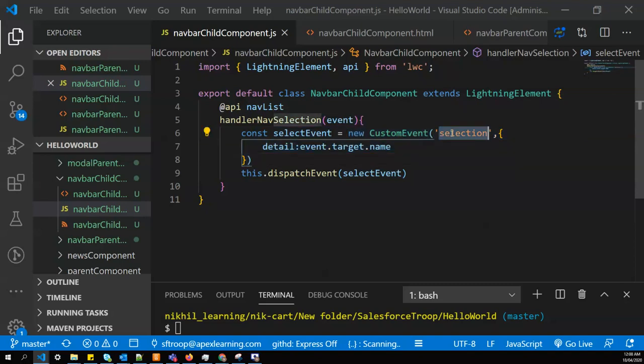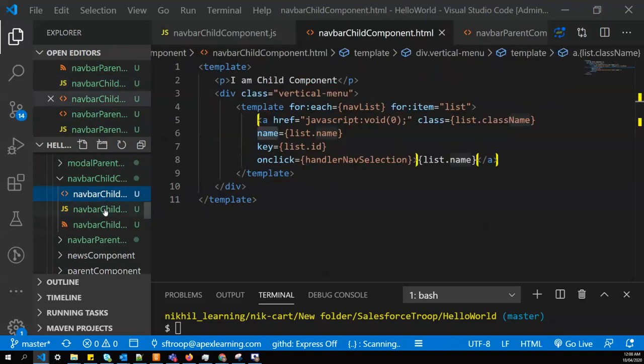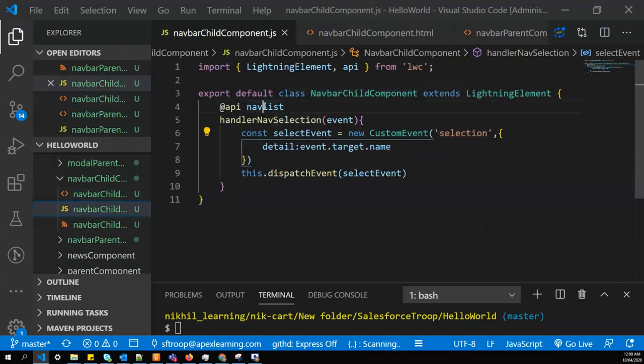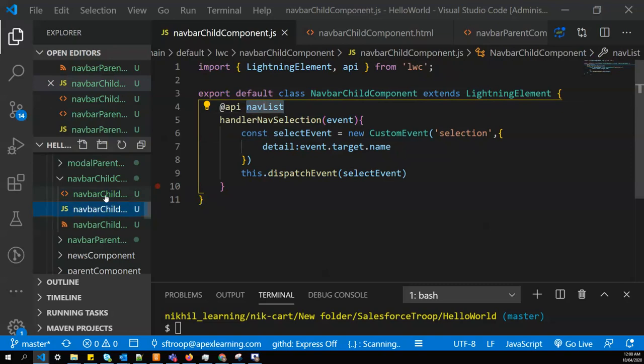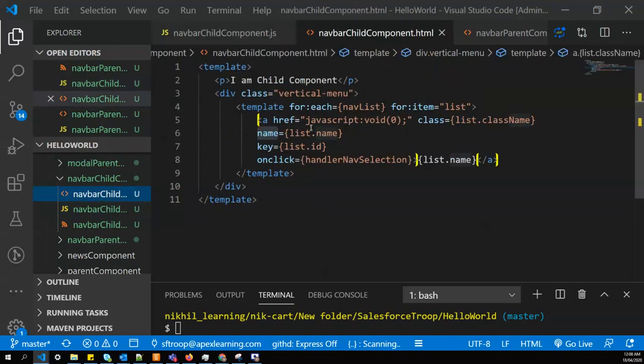So I'll repeat what I have done here. In the child component, I'll receive nav list, and the nav list I'll render in my HTML, and I have attached an event handler called handler nav selection.